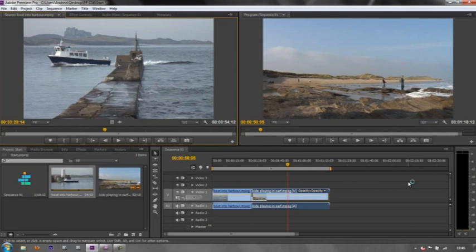So before we go any further, a quick word about footage. If you are responsible for filming your own footage that's going to be edited in Premiere Pro, here's a couple of bits and pieces worth thinking about. Firstly, make sure that your camera is rolling a good 5 seconds before the action starts, and also that your camera is rolling a good 5 seconds after the action has finished, so that you've got plenty of head footage, extra footage that you're not going to use but it's there, tail footage, extra footage that you're not going to use but it's there, that's going to be available for sound, for background ambience,